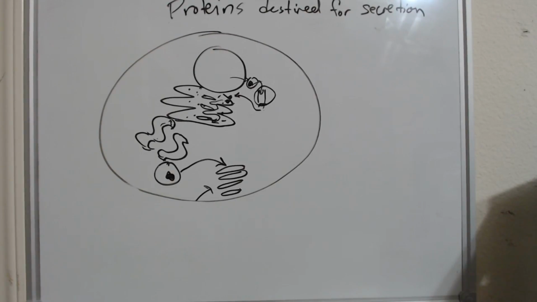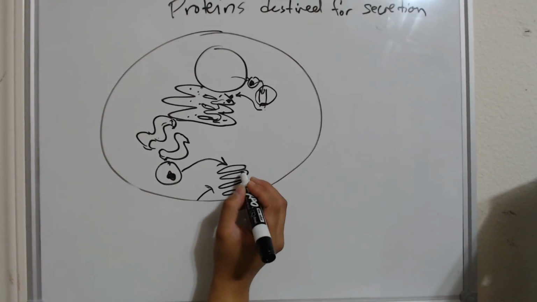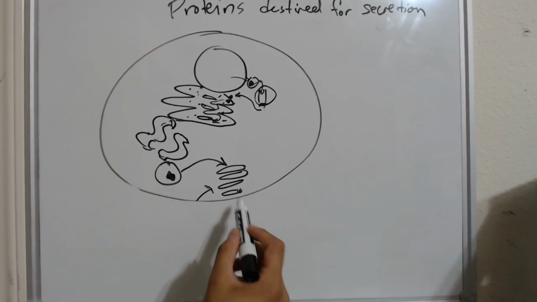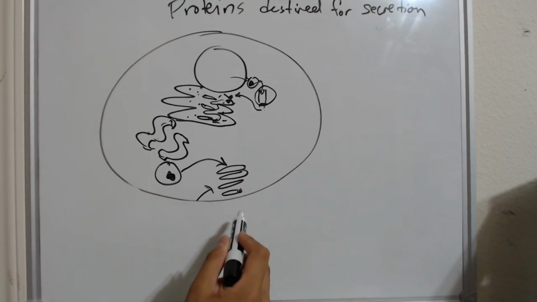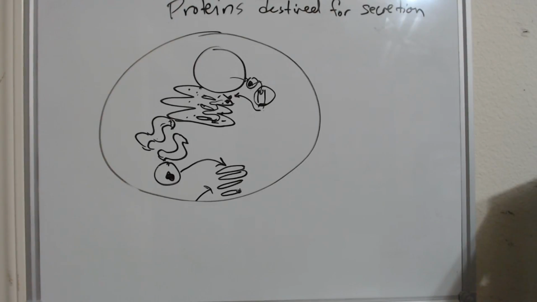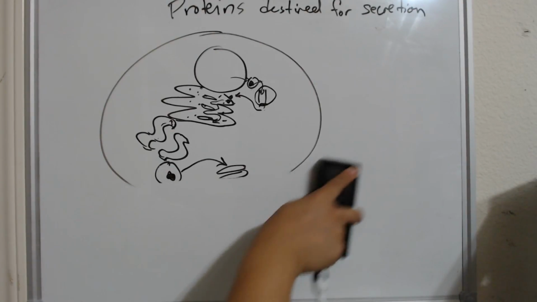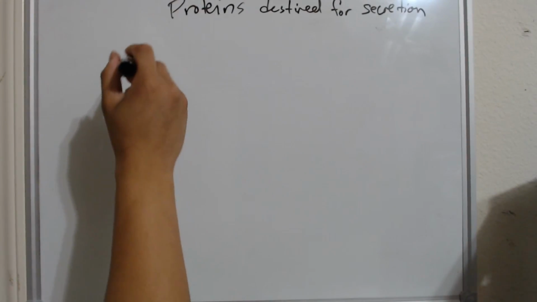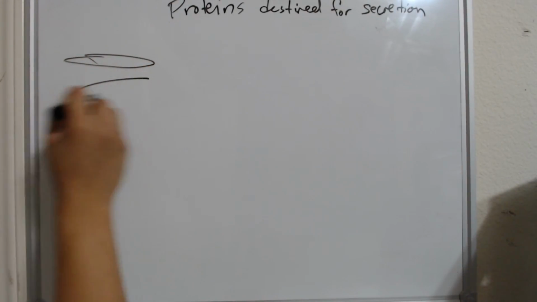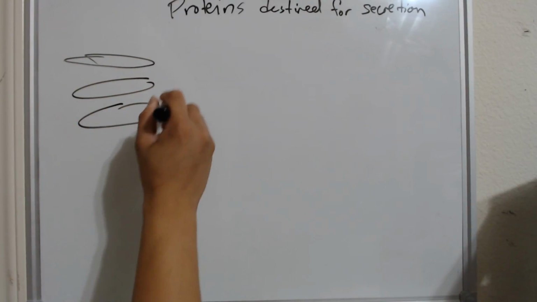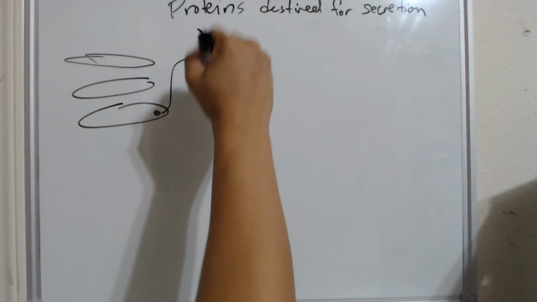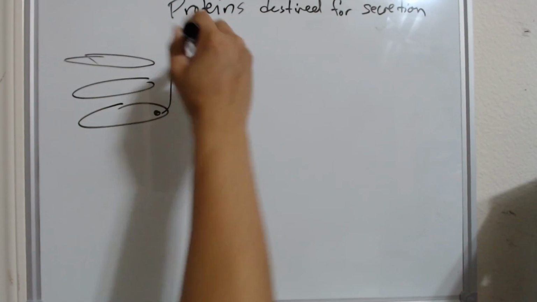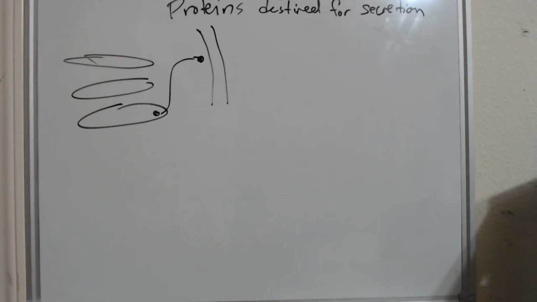So once the protein that is destined for secretion is sorted in the Golgi body, let's say it's over here, usually it's sorted out in the farther bottom parts. Then we move on to secretory vesicle formation. So imagine this whole thing's a cell. This is the Golgi body. Protein moves out of the cell to the plasma membrane. Goes to the plasma membrane.